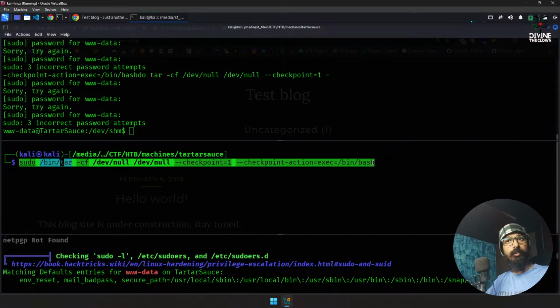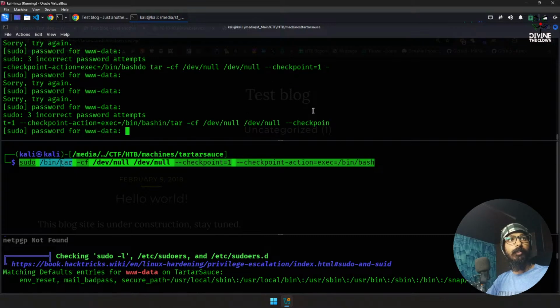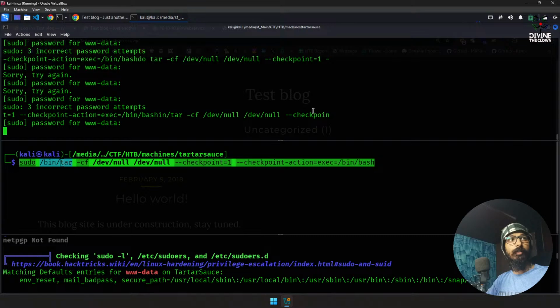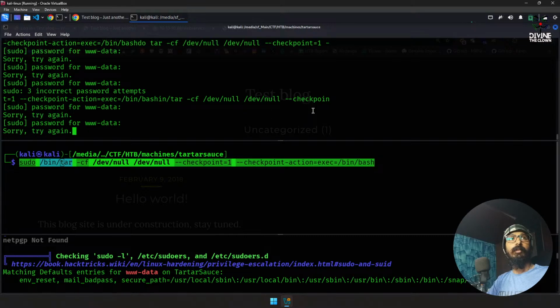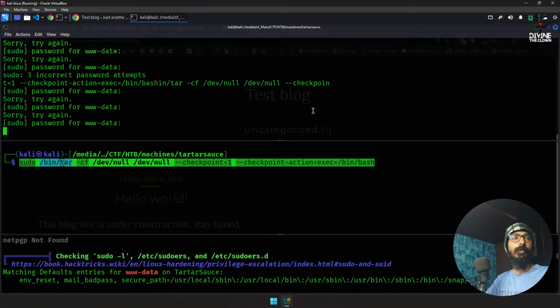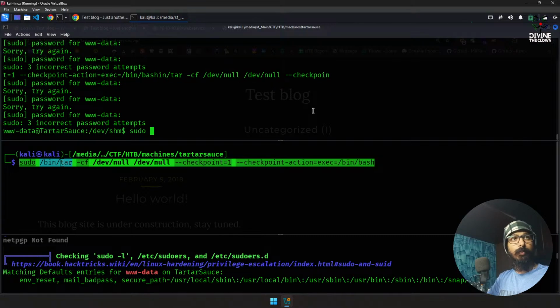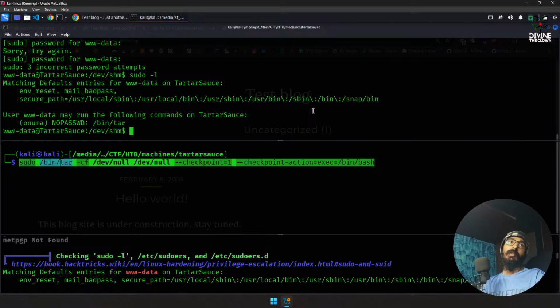Now this should help it. Press enter. Okay. It's not able to help. sudo -l, press enter. It is showing we can use it, but the user who can use it is on my